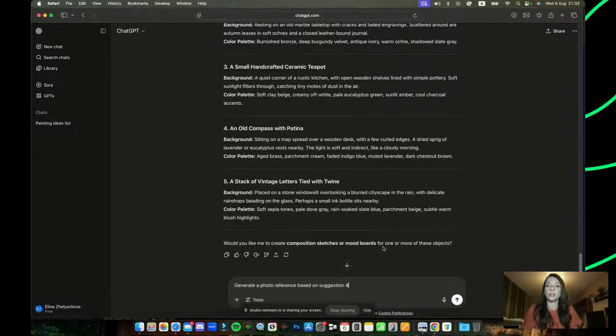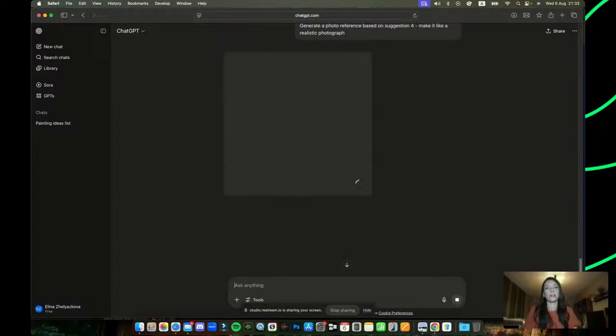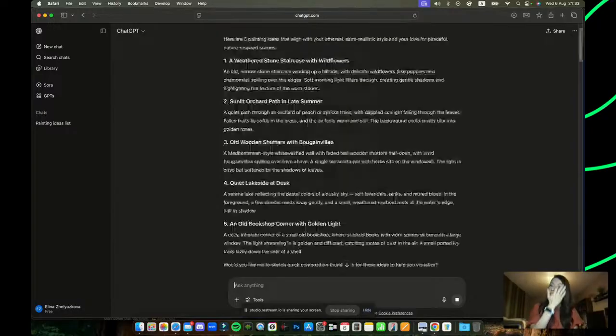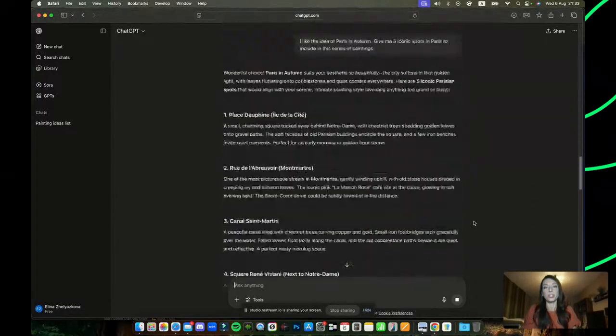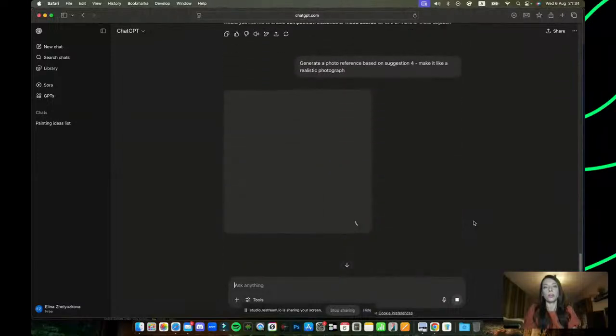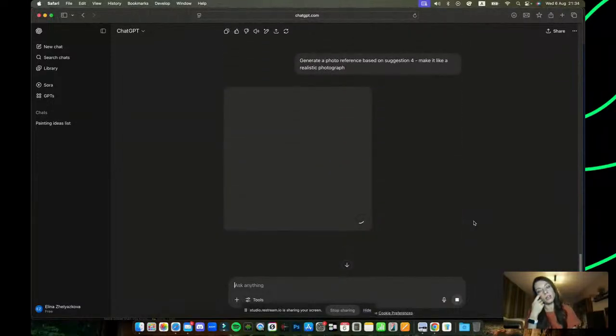So generate photo reference based on suggestion 4, and I always ask it to make it like a realistic photo, because otherwise it may give us a painting in a certain style, and we don't want to be influenced by that. So now it will try to generate an image. I'm not sure if it will do a good job. So it's very slow